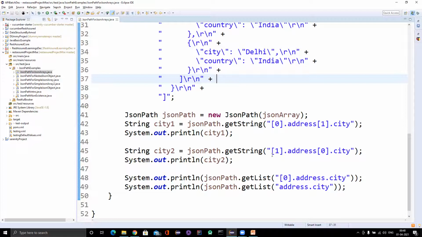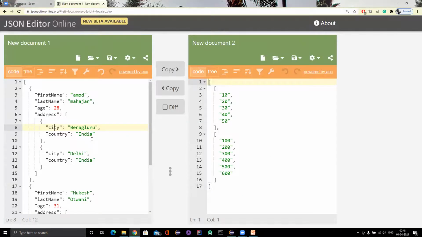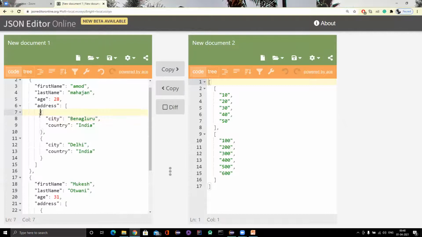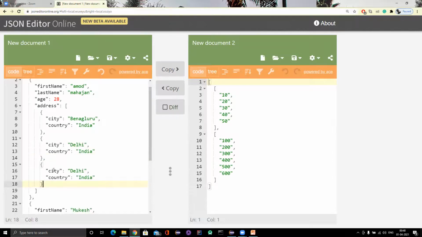Now you might be thinking, you are saying fetch the detail from each JSON object, but what will happen if one JSON object doesn't have any value? Just for an example, suppose this address also has city, country, and this also has city, country. Let me add one more, and this JSON object will not have city only. It will have city one, country one, something. I'm giving some different name. Obviously, this is a valid JSON. There's nothing like, if you have JSON arrays, each JSON object should carry the same key. No, that is not a mandatory rule. This is also valid JSON.